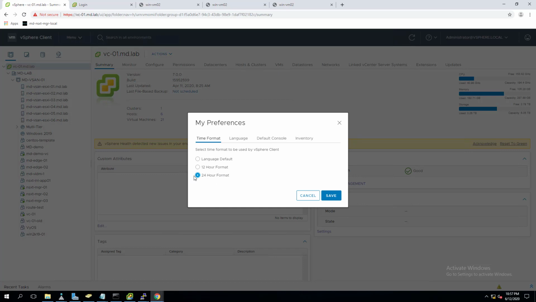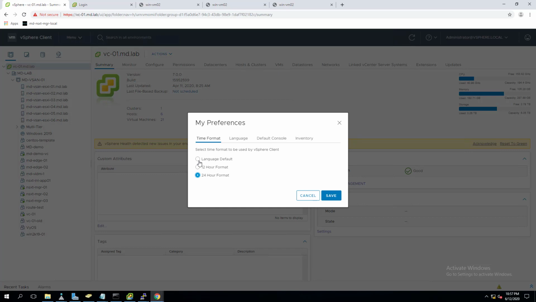Whatever logs we read in the vCenter Server, and whatever tasks and events are showing up, will be shown in this particular format. If some people prefer the 12-hour format based upon their geographical location, we can change the time format here.